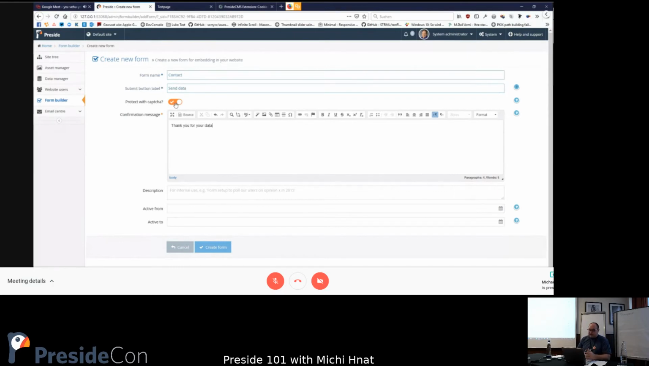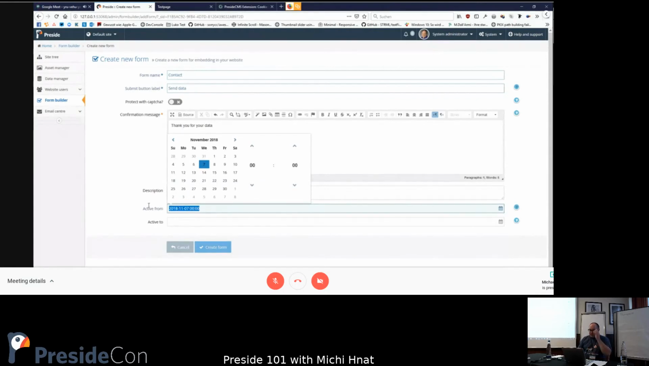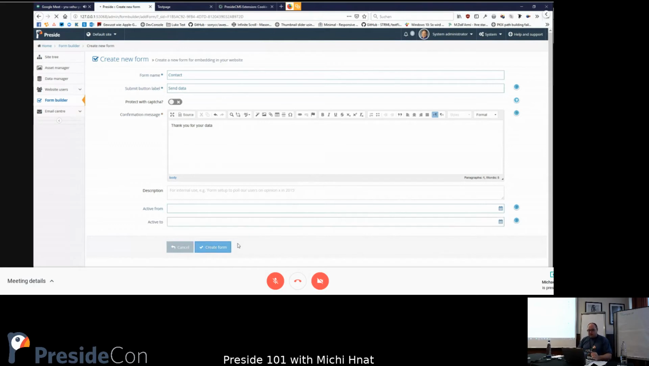And in this case, we're not protecting it with a captcha, and we are not defining an active from and to date, which is quite interesting because if you, for example, have a quiz, and you know it's running from the 1st of December until the end of December, you can just go ahead and say, okay, this is the date period where it is visible. Then you're completely fine with that. So we're going to create this form,